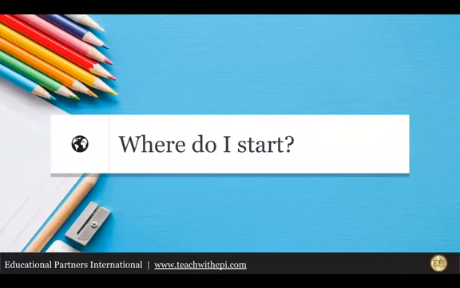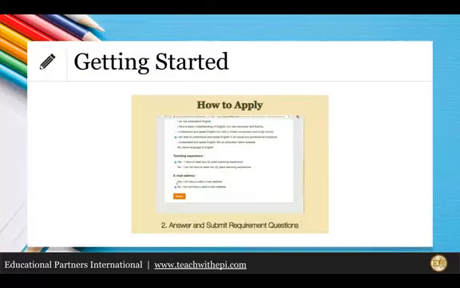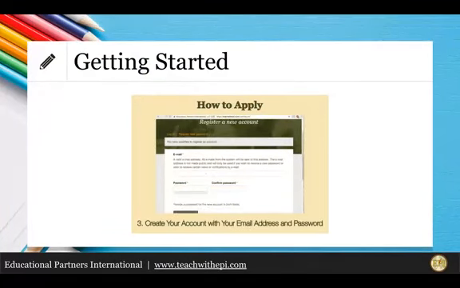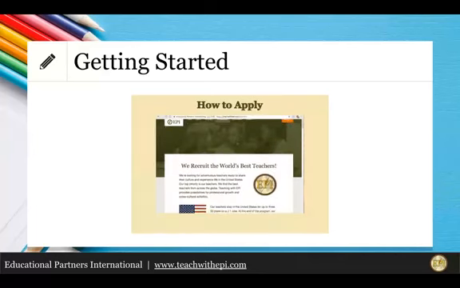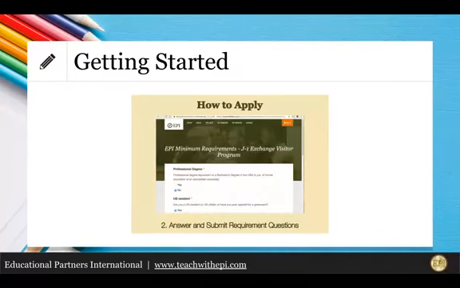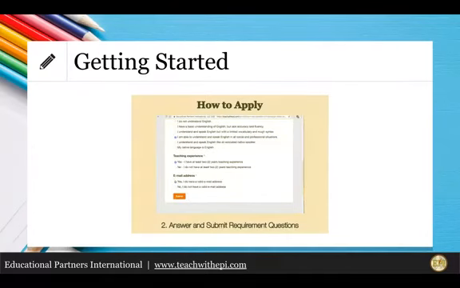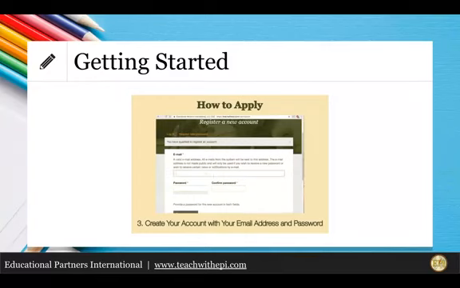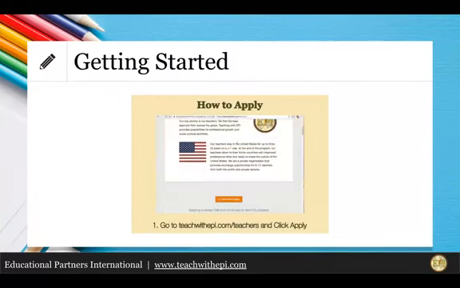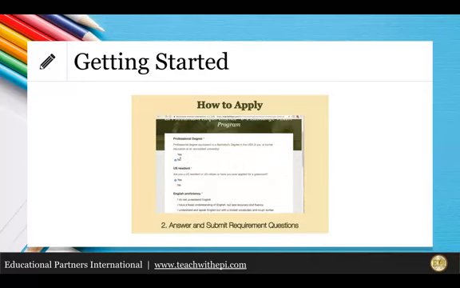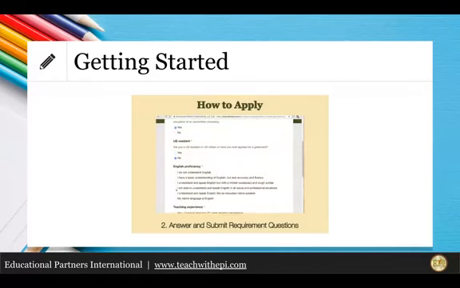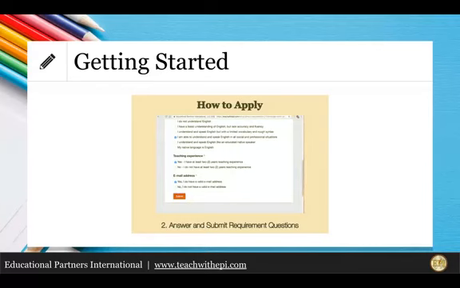Okay, so now that you know more about EPI and our requirements, and you've decided that you want to start your application, the next question is, how do you get started? So the first step is to go to our website, teachwithepi.com/teachers. Once you are there, you will scroll down until you see the big orange button that says, click here to apply. You will click that button and then answer some questions about your eligibility. After you answer the questions and click submit, you will need to make an account with your email address, and then you'll be able to start your